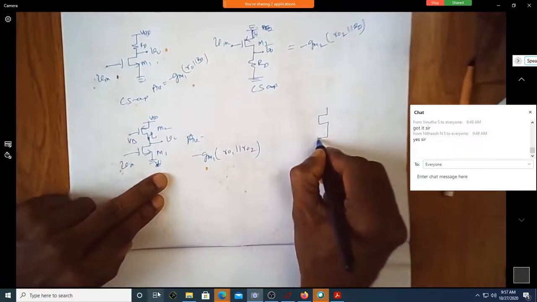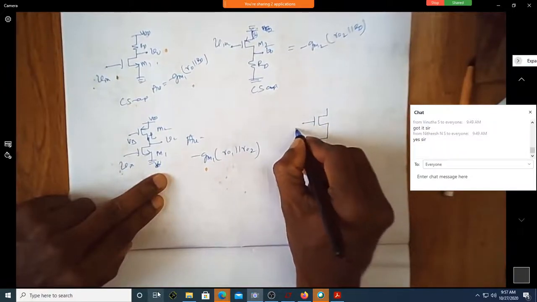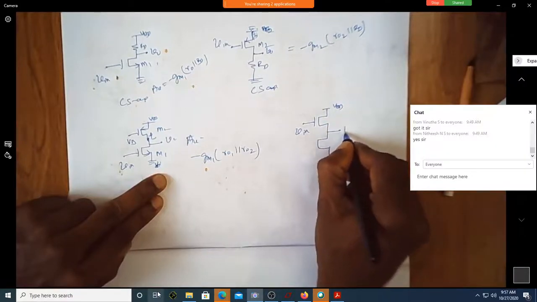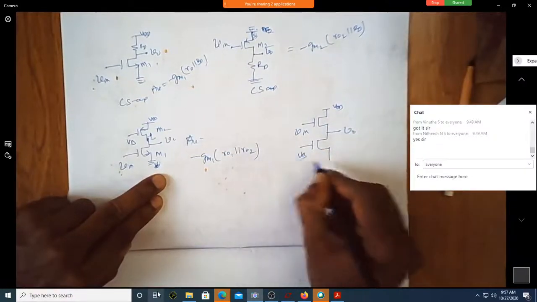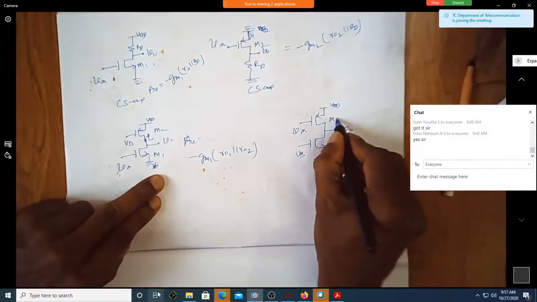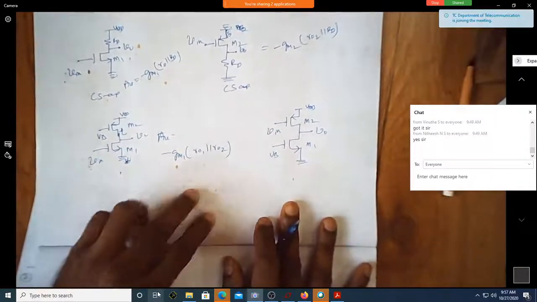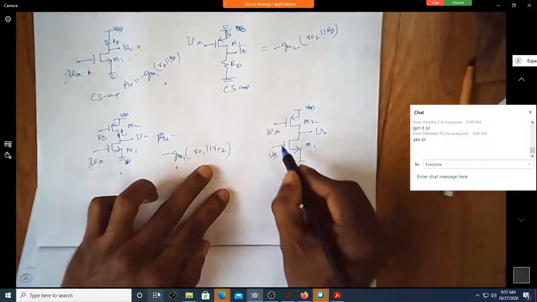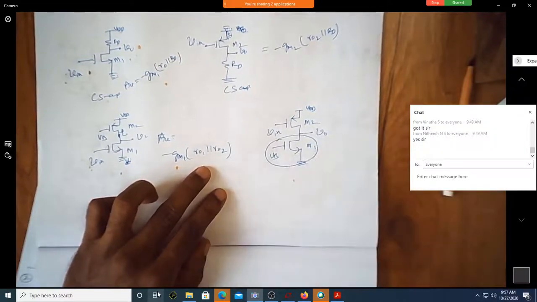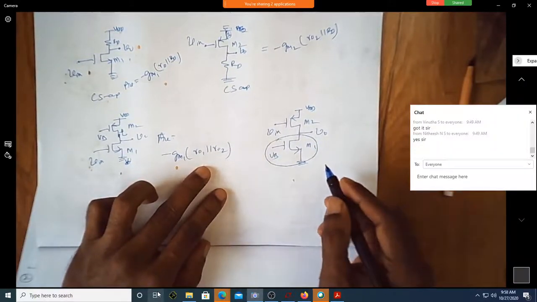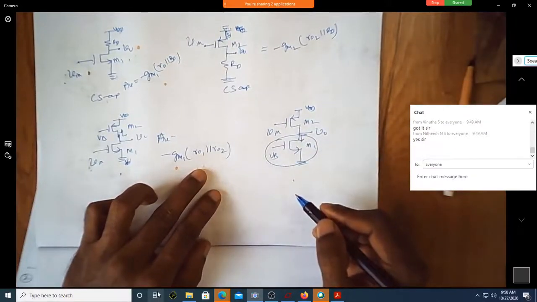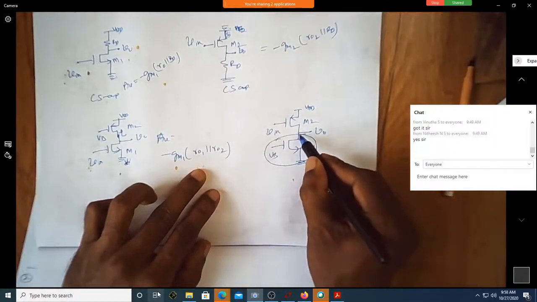If I write it using this, now you can see this is V in, this is VDD. I'll take V0 here. So this is VB. This is grounded. This is source. Yes, sir. This is M2. This is M1. It's not difficult. What is this now? This is acting like load. Are you seeing towards the drain? Here, this is towards the drain. Yes, sir. This is drain.